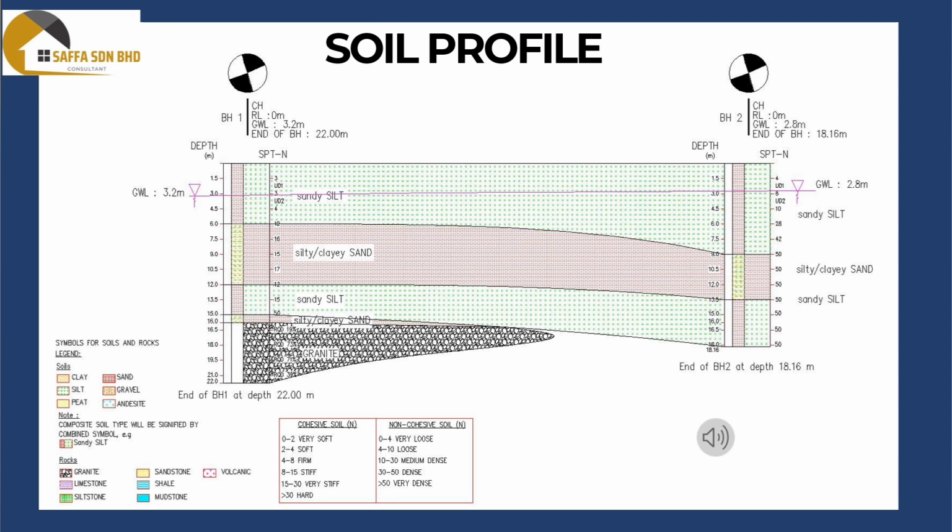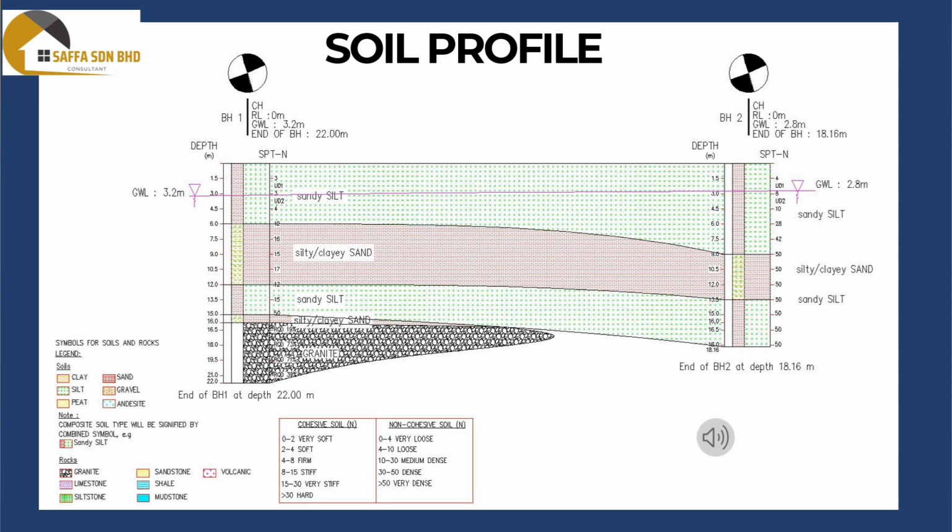Borehole 1 shows the first 5 meters depth is a soft layer and the SPTN value is 3 to 4, and for borehole 2 it is only a 1.5 meter depth soft layer. The SPTN value is 4. A higher SPTN value indicates denser, stronger soil, and the lowest value indicates looser and weaker soil. This information is important for determining the bearing capacity of the soil, which is the ability of the soil to